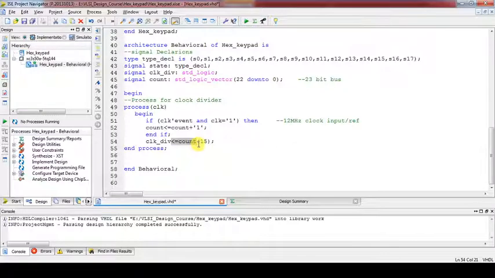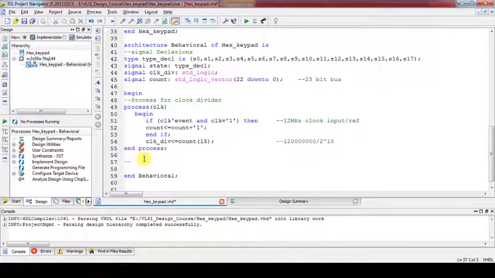This count is declared as a bus vector of 22 down to 0, and out of that only the 15th bit we are taking. So the clock is divided, and I will write in a comment: this clock divider value will be 12 megahertz divided by 2 to the power of 15. You got it? That much of the clock is divided, and on that clock we are going to execute our hex keypad interface.